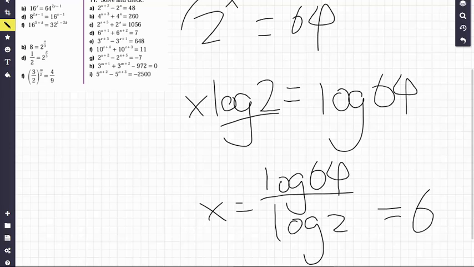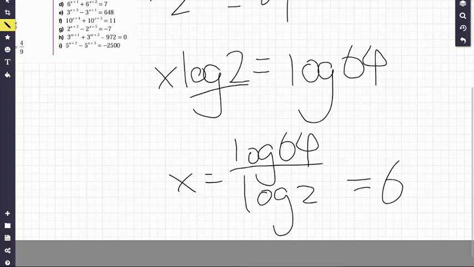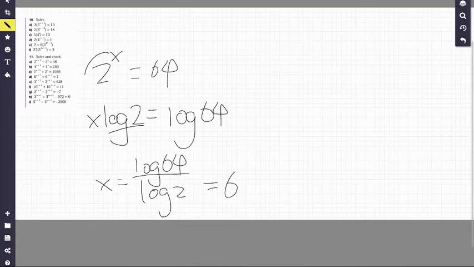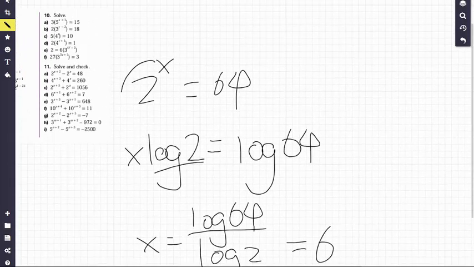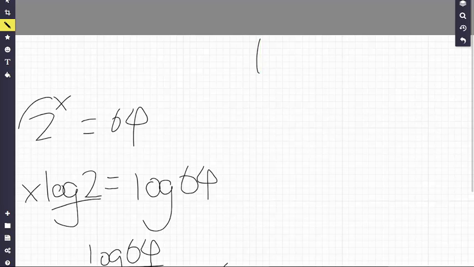This is some simple log rules. If you want to learn more about this, I'm going to make an advanced functions video, but this is pretty much all you have to do. You just have to log the right and log the left. And remember that log actually has a base. However, when you do not enter a full form of log, you just enter log, it's automatically going to be log base 10. And I'm not going to say too much about this because I don't want to spoil the fun for